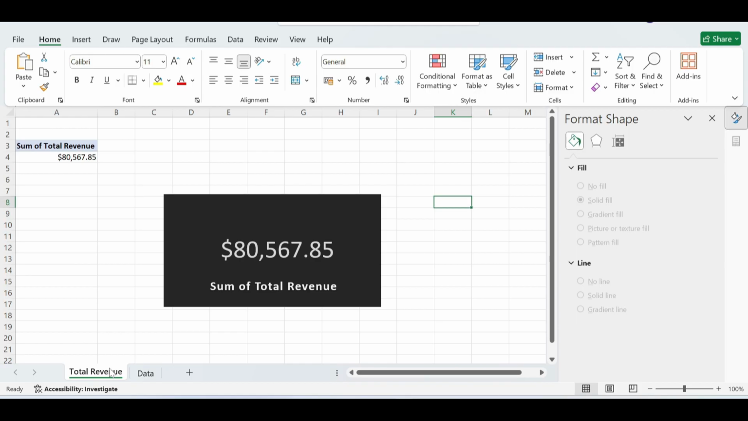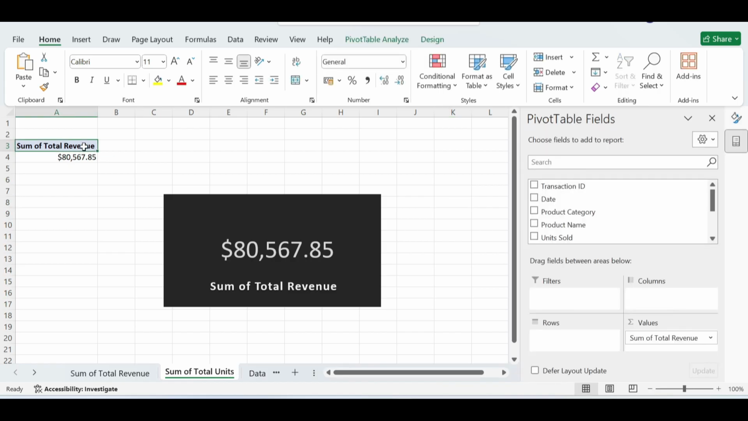From total revenue, you can create another pivot sheet directly by just holding down total revenue sheet here, then press Ctrl, and immediately you see the plus sign on the copy icon. So just drop it next to the sheet. You find total revenue 2 here. We're going to rename this sum of units, total units. Sum of total units. Going back to our pivot table fields here, then what we want to work on now